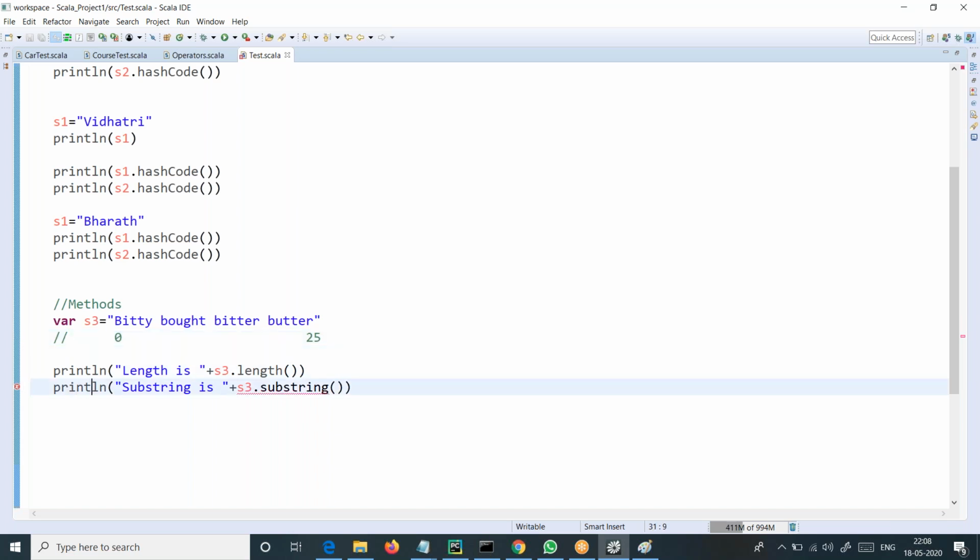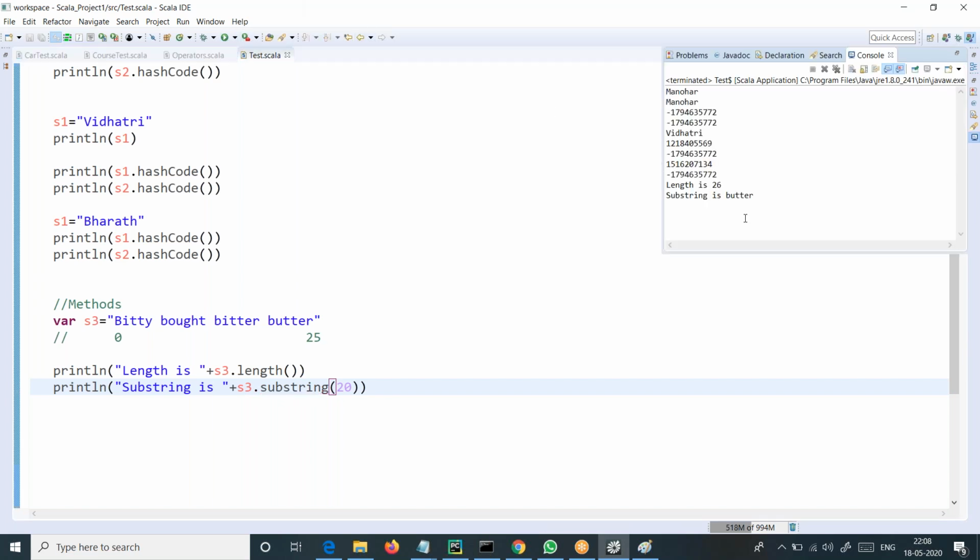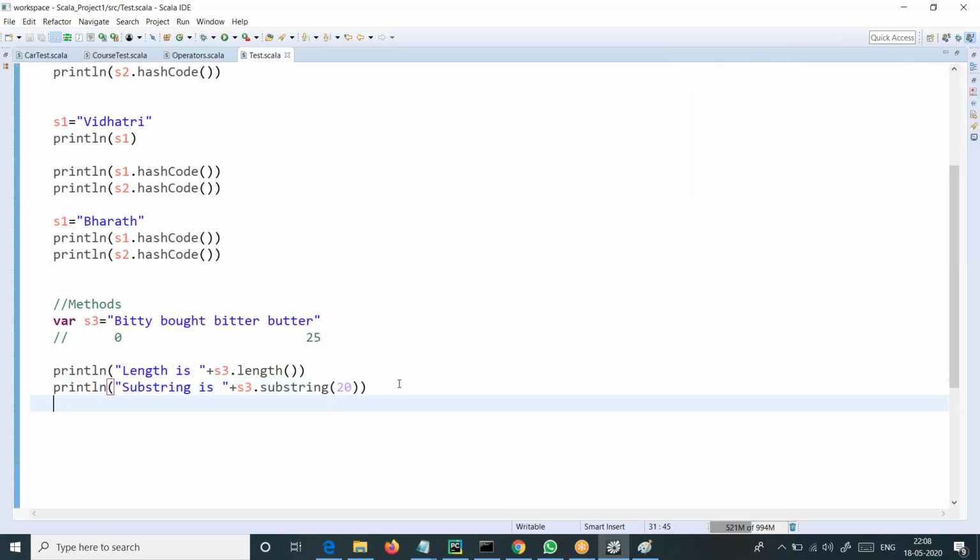Okay, now substring of 20. This returns, can you see here? The substring is butter. Suppose I want something like bitty here. What is the starting index of bitty? 0. And what is the end index of y here? What is the index of y? 1, 2, 3, so 4. Okay. Then here,